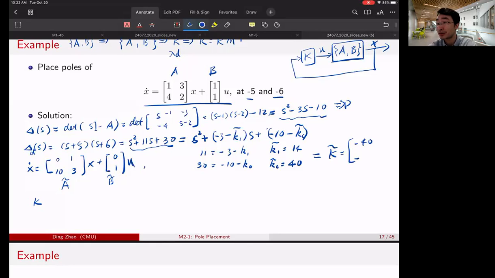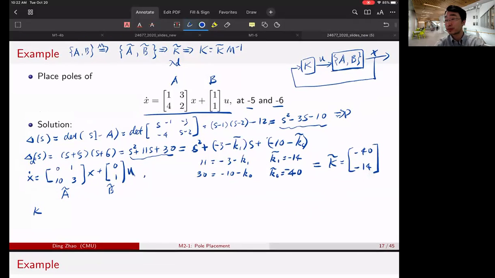Oh, I forgot there's a minus sign, so that should be -40 and -40. So that's a -40, -40. Okay, right. So you move this to the other side. That's a -10, -30. That should be -40. Okay, so that's our K tilde. So with this K tilde, we